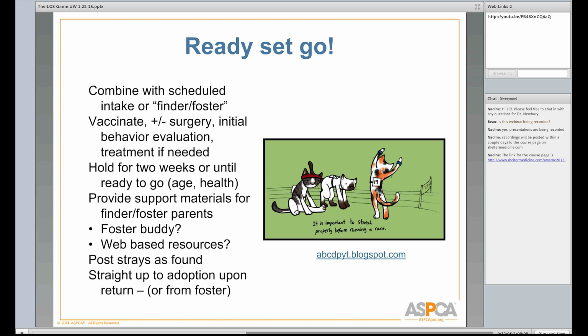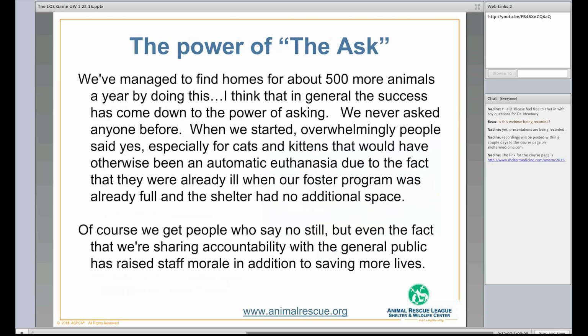This is coming from another shelter that went forward to ask about managed intake. We've managed to find homes for about 500 more animals a year by doing this. I think that in general the success has come down to the power of action. We never asked anyone before. When we started, overwhelmingly people said yes, especially for cats and kittens that would have otherwise been an automatic euthanasia